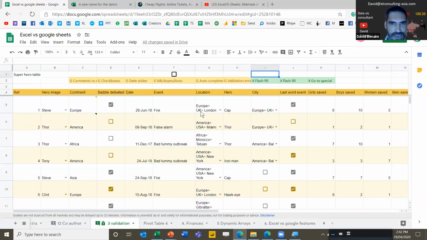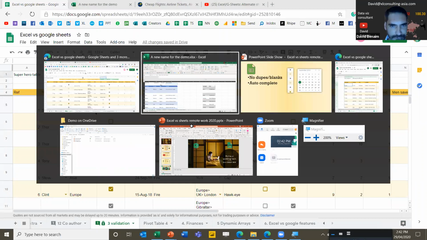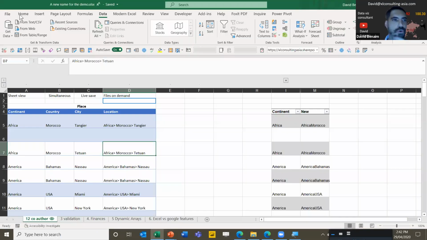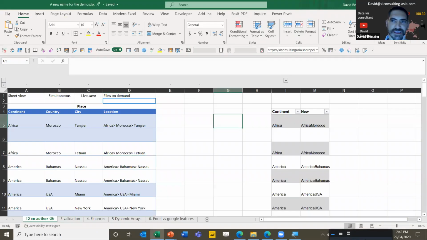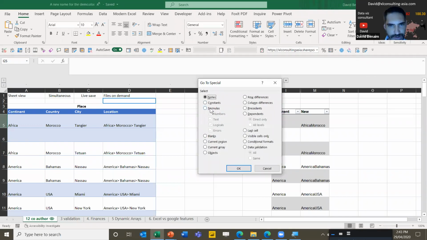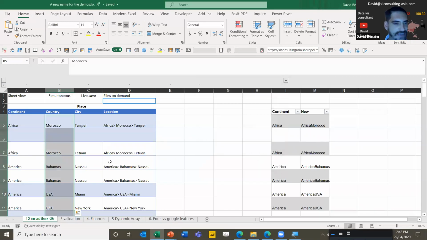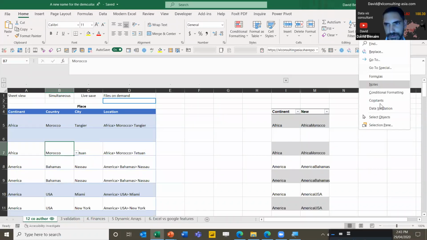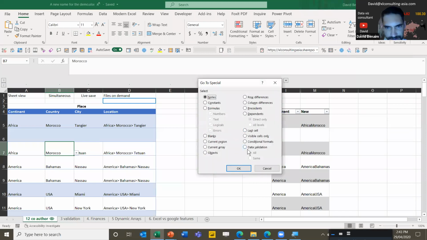Now, Excel side. Excel does have some wins. If you want to audit data validation, then going to Special in the Find and Select tab is really, really good. You can say data validation, and it will select every single cell that has data validation. You can also choose data validation Same, and it will select only the ones that have the same validation as the cell previously selected.